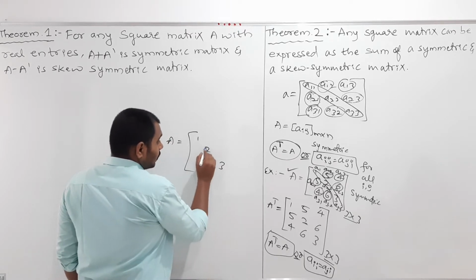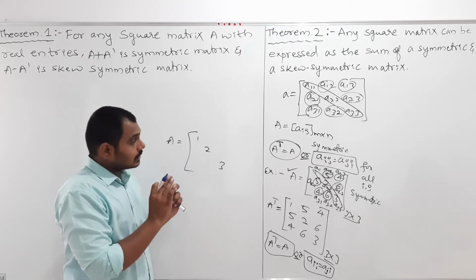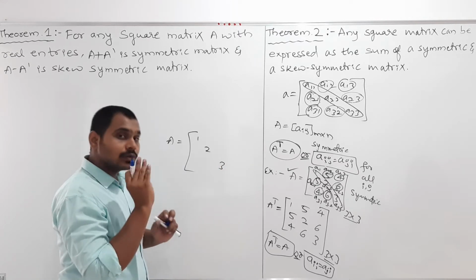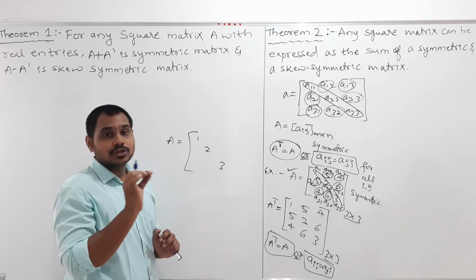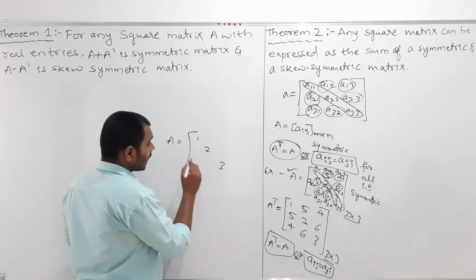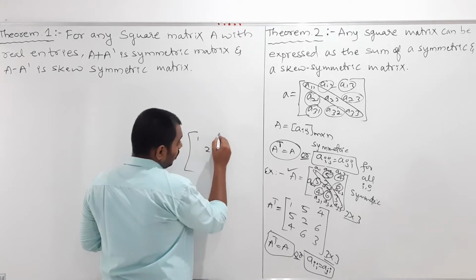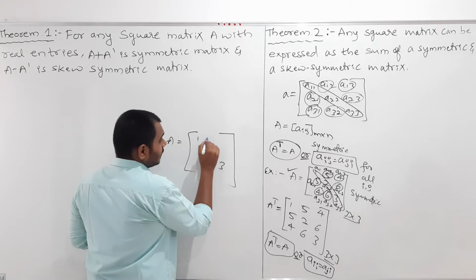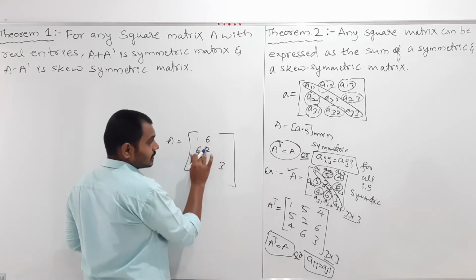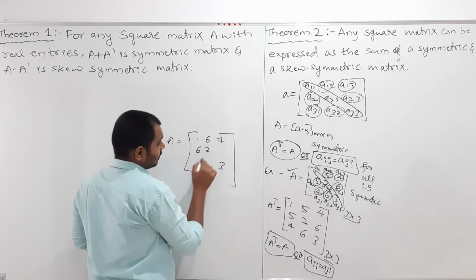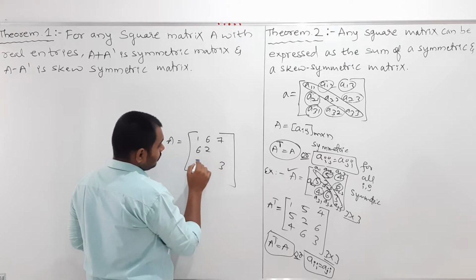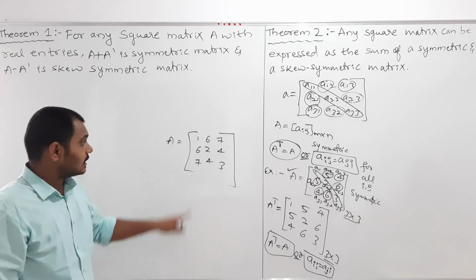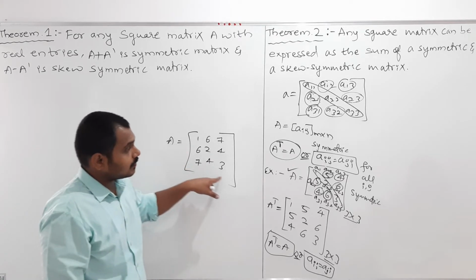And now I am writing here the examples, how to create an example for the symmetry. For that we should always think that these non-diagonal elements must be same. That too, Aij is equal to Aji. That is, here it is 6, here it is 6. This element and this element must be same. And here it is 7, here it is 7, here it is 4, here it is 4. So now you can say that this is the example for the symmetric matrix.